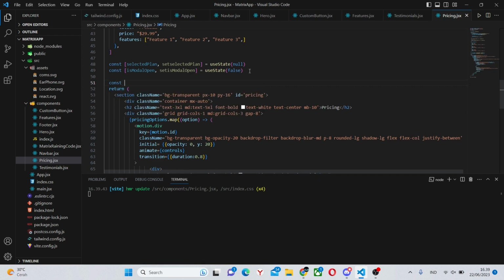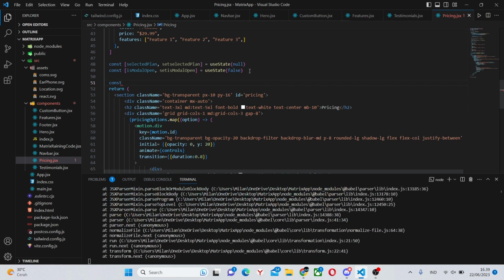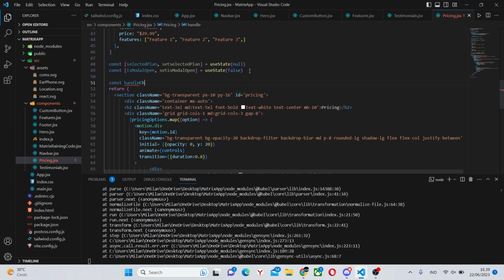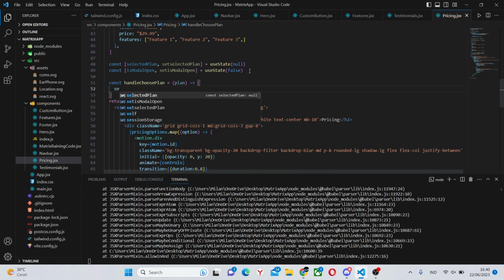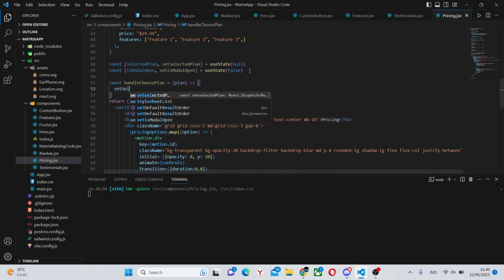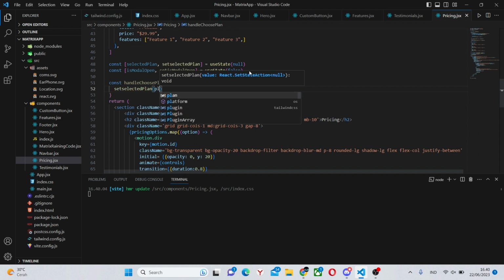Next we're going to add some functions which will actually use these useStates and make them work. So we can say handleChoosePlan equals plan arrow function, and in here we can say setSelectedPlan to plan.